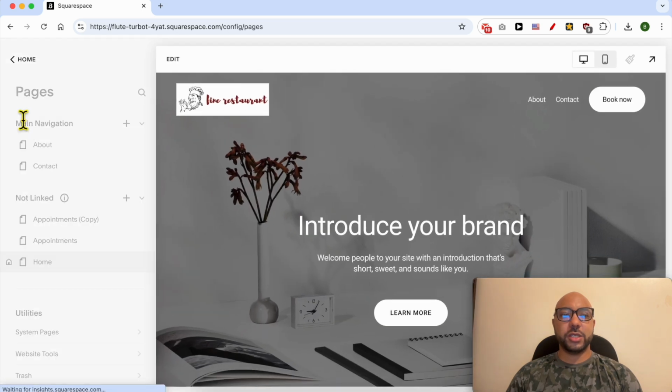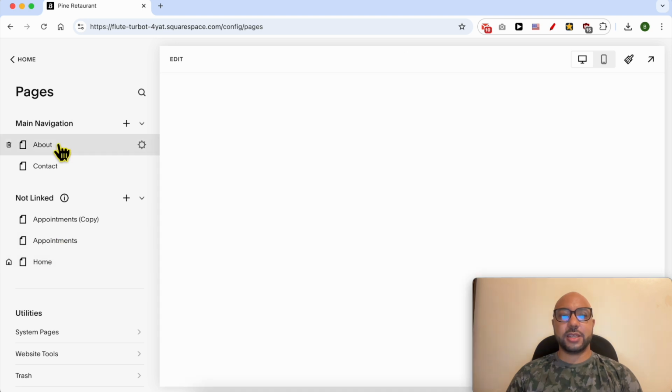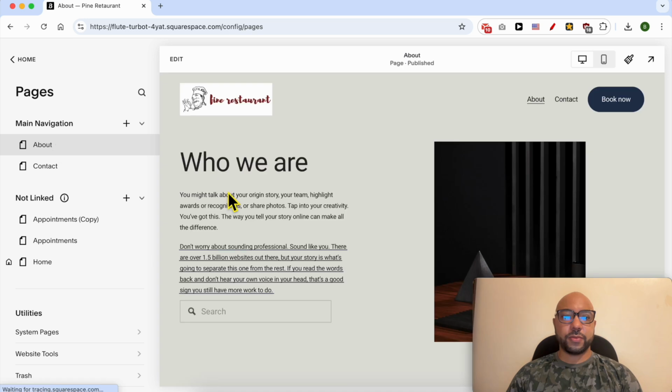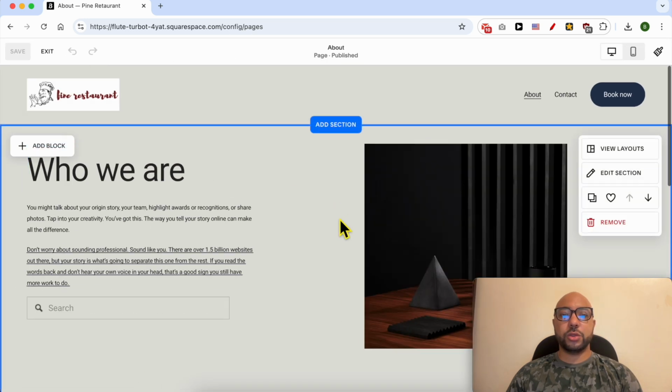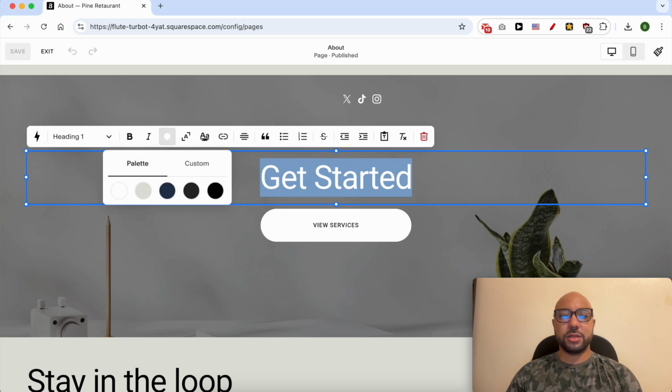Then go to Pages to locate the page where you want to edit your font color. Click on it. Now click on this little edit button to go into the editing mode. Double click the text to select your font and click on this white circle or text color icon and click